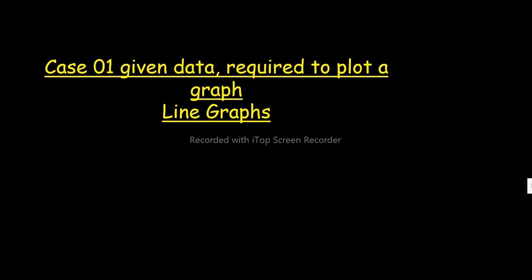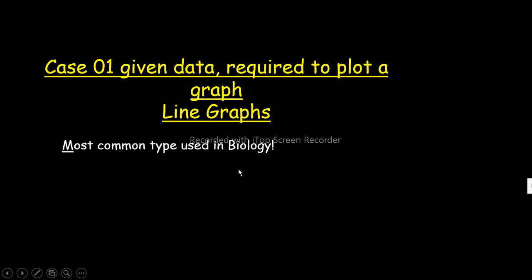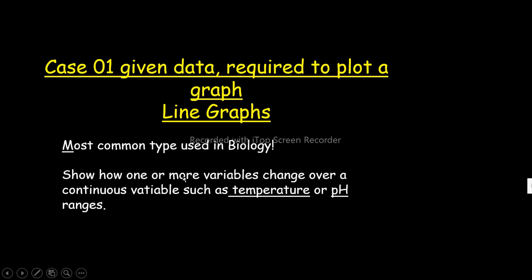And when we are joining the points, by the way, we don't use rulers. If you use a ruler, you lose marks, you lose everything. So let's see. It is the most common type of graph that is used in biology. And these ones, they show how one or more variables can change over a continuous